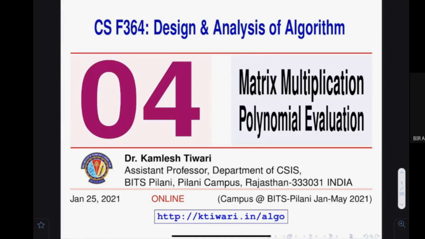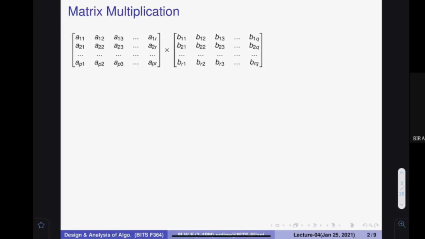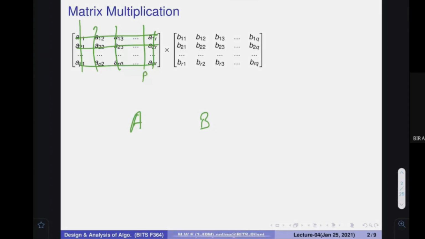So let us start. This is the first thing that we are going to talk about today: what is matrix multiplication. I think all of you are already familiar with that. If you have a matrix A and a matrix B, you can multiply. A matrix is nothing more than some rows, and in every row there are some numbers, in rows and column format. Let's assume that there are p rows, and in every row let's assume there are r items. So we can say that this particular matrix A is of the order p cross r.